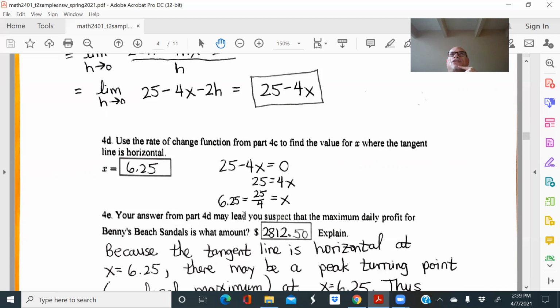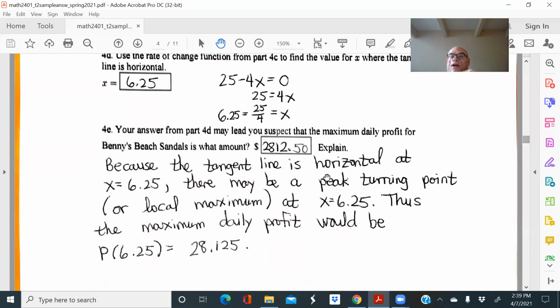Because where the tangent line is horizontal, usually you have a peak turning point, or a valley turning point. In this case, it must be a peak turning point, so it must be our maximum profit, or our profit is going to be maximum at x equal